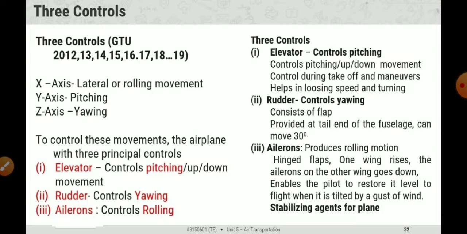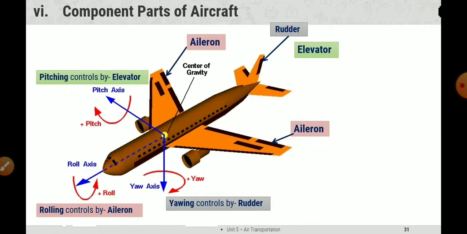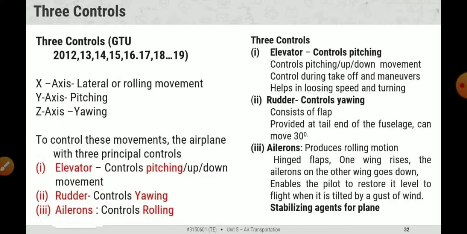Now to control this movement, the airplane has 3 principal controls. The first one is the elevator, as we discussed earlier, which controls pitching, the up and down movement. And the rudder, as you can see, controls yawing, and the aileron controls rolling.